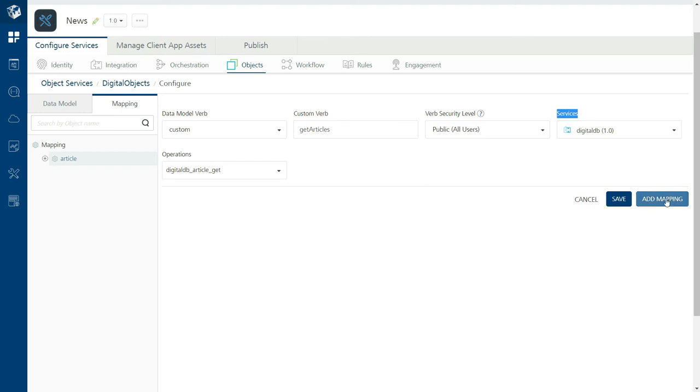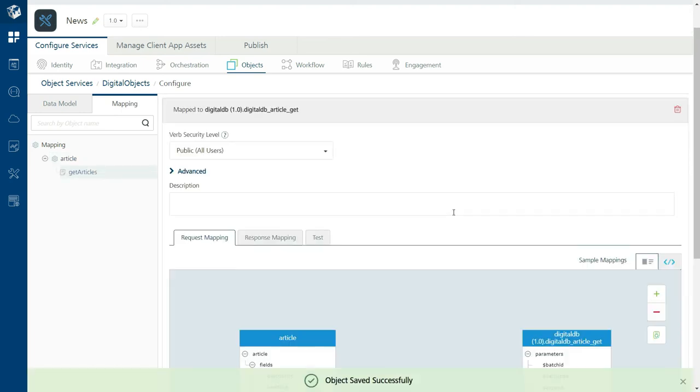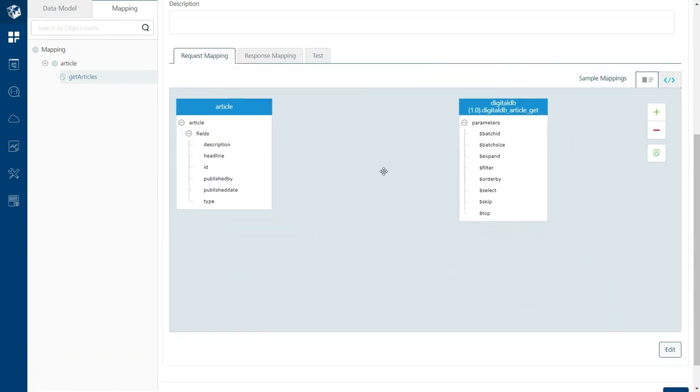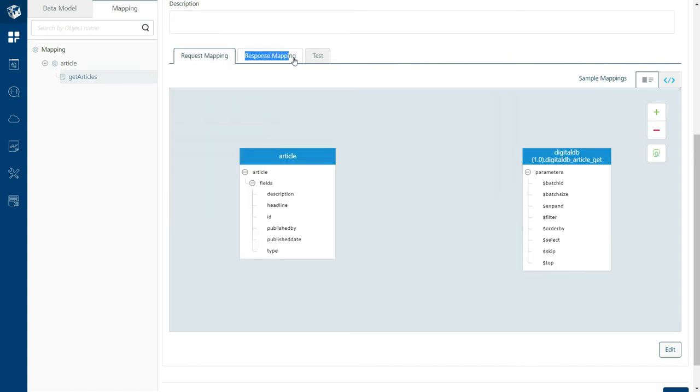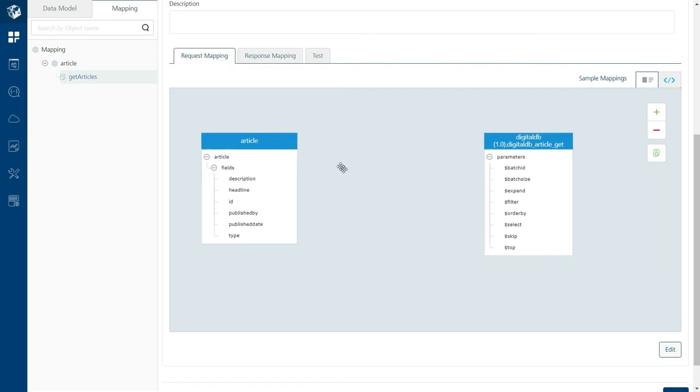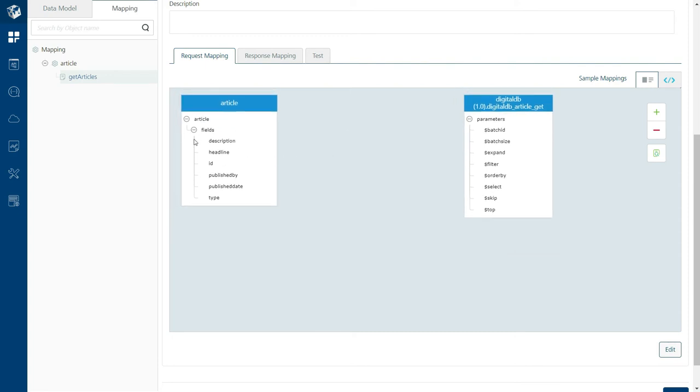Let's click on add mapping. Once we click on add mapping, you will be able to see the request mapping and response mapping tabs. Using this request mapping, you will be able to map the fields that we have in the article object to the input parameters of the operation that you have inside your integration service. What is the operation in this case? DigitalDB_article_get.